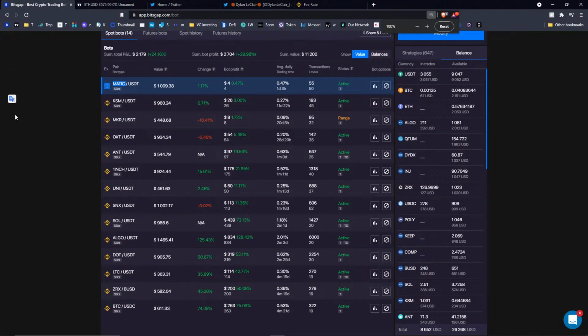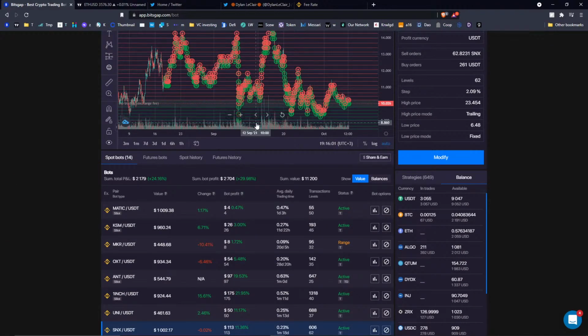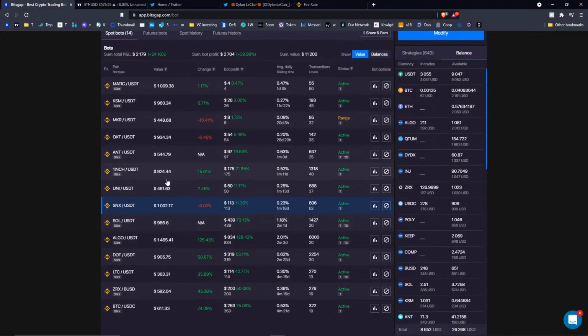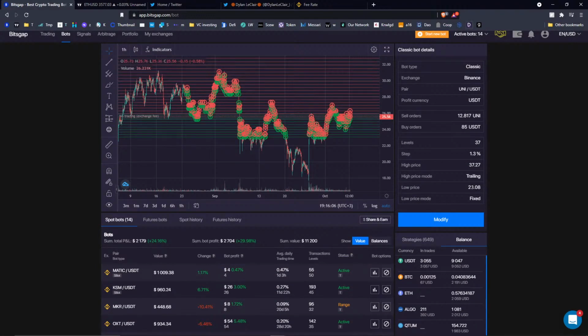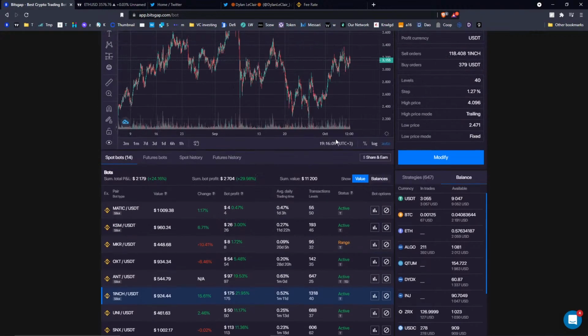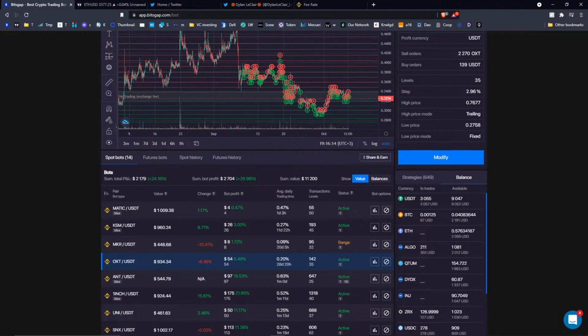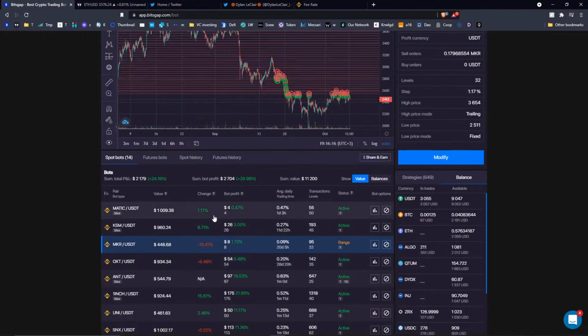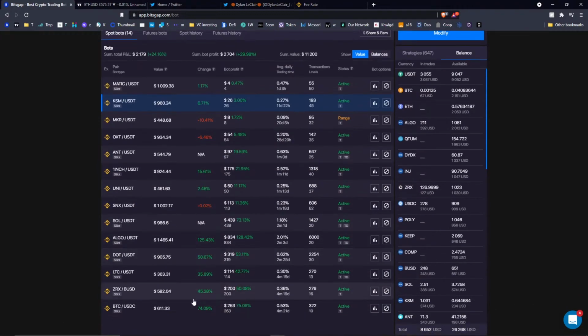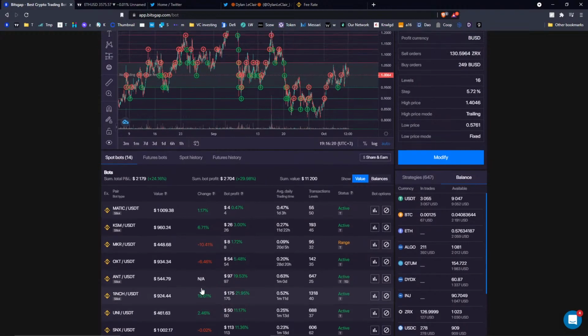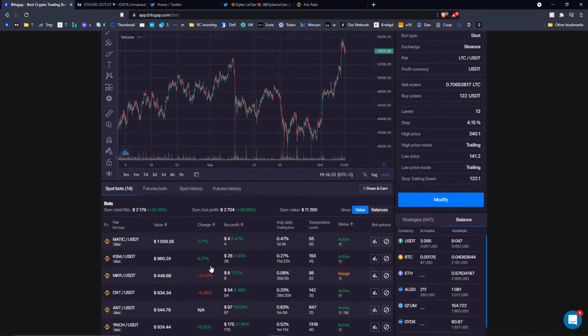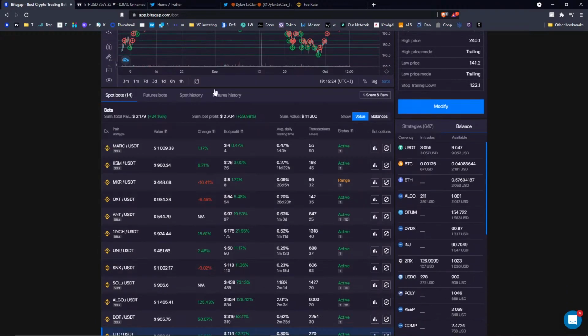Yep, like this. Let's check SNX, for example. So for SNX, that's 2%, slightly above. Here is okay. 1 inch is in the range. Yeah, OXT is out of the range, it's 3%. MKR is in the range. So yeah, I would say 4 or 5 strategies out of 14 strategies are out of this scope of